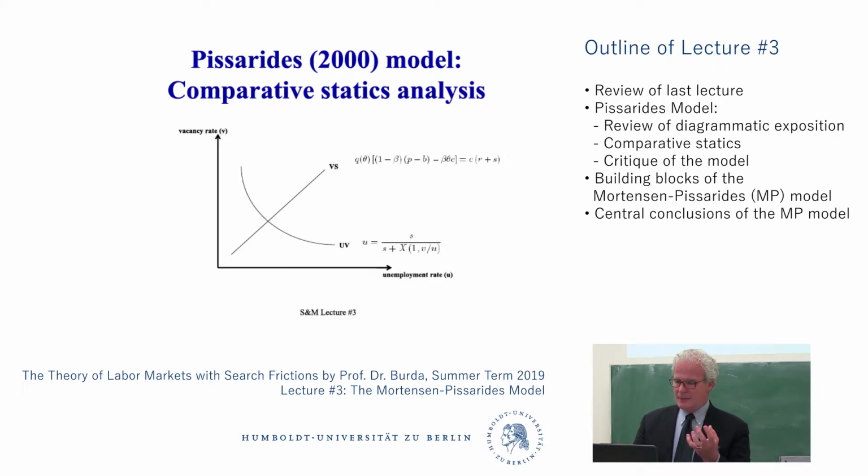And what I was trying to convey to you is that most of the action in the United States seems to be a VS curve moving back and forth across a fairly stable UV curve. Okay, but what we observed in the Great Recession was suddenly a lot of Americans were unemployed and were not somehow getting back into jobs very quickly. And the Pissarides model said it's because of something that the UV curve must have done. Either the S parameter changed, or maybe that X function, what Thomas calls the M function, may have shifted.